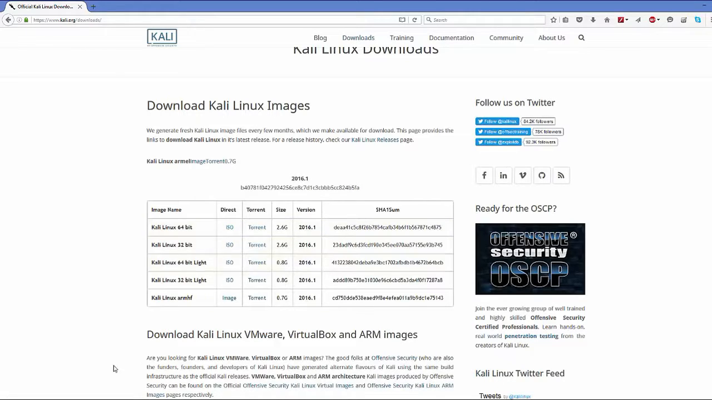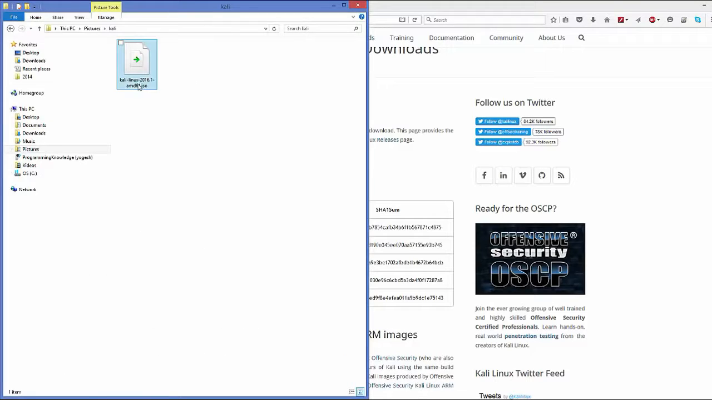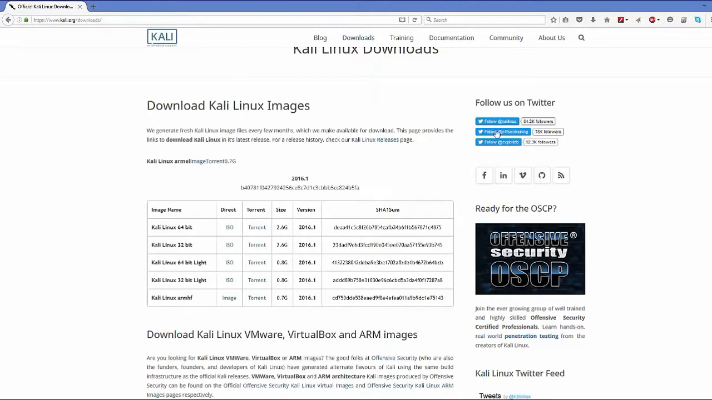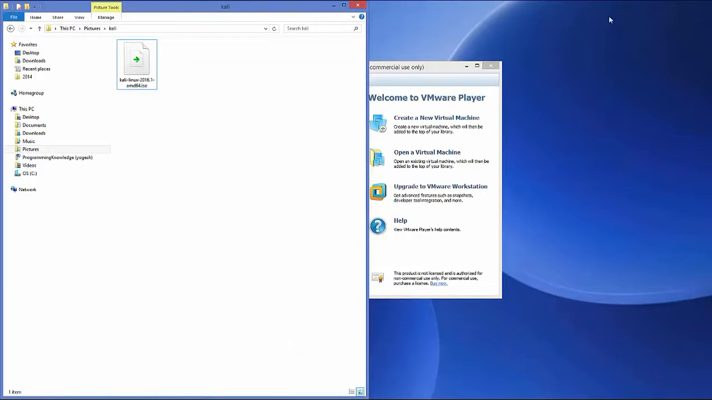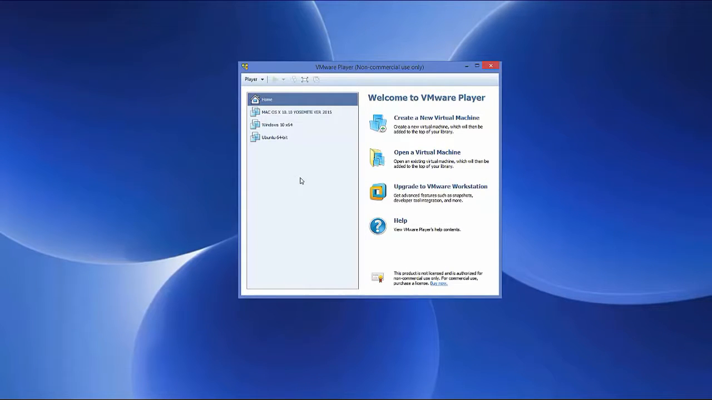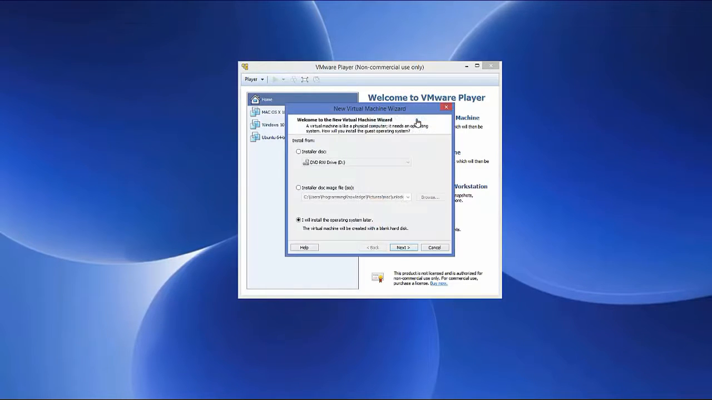And once this ISO file is downloaded, it's going to look like this, which says Kali-Linux-2016, and then it's going to give the version, which is AMD64.ISO. Okay, so just download it, and once it's downloaded, we are ready to install Kali Linux on our VMware virtual machine. So in here, in your VMware Player, just click this option which says create a new virtual machine, and